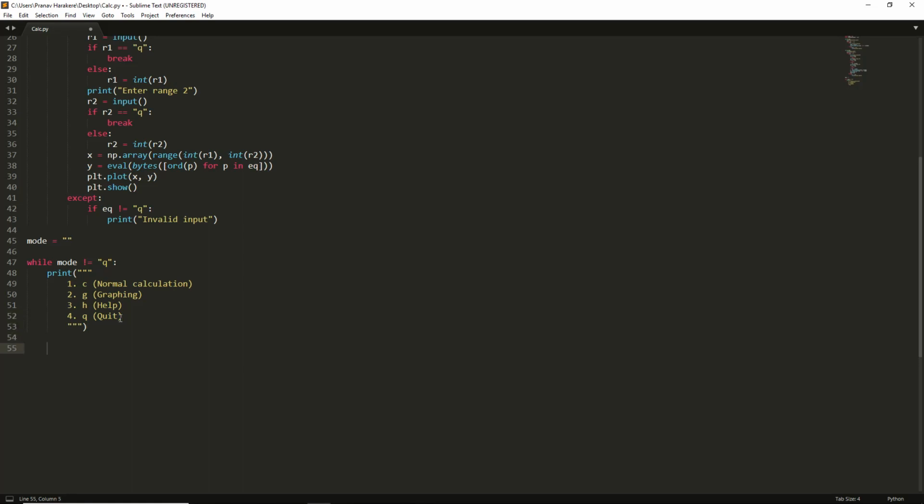And now we're going to take input for mode, which is equal to input. It doesn't matter whether it's uppercase or lowercase, as long as it's good. We're going to say if mode is equal to C, we want to execute C mode. If mode is equal to G, execute G mode. And if mode is equal to H,